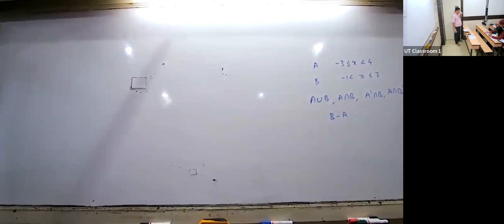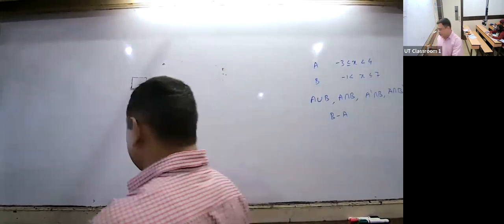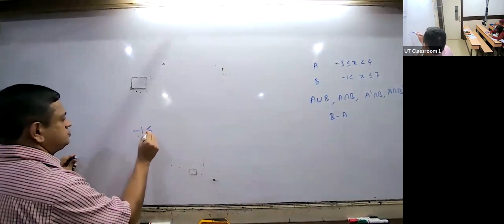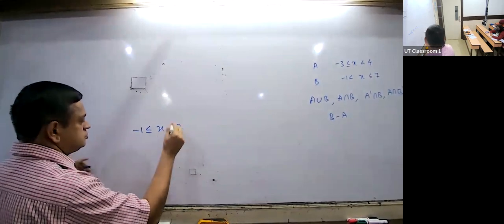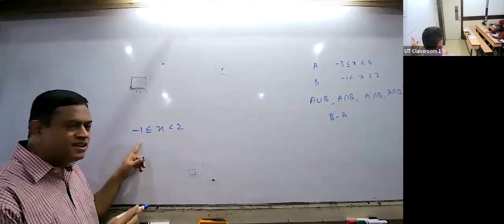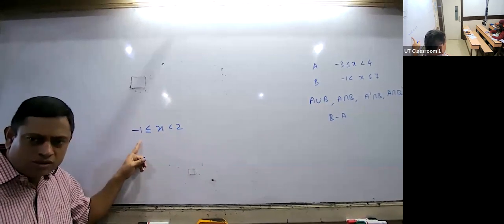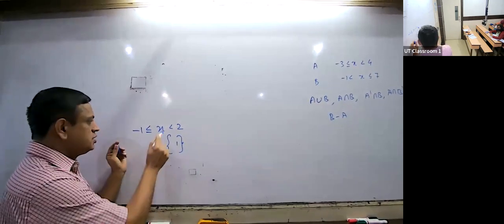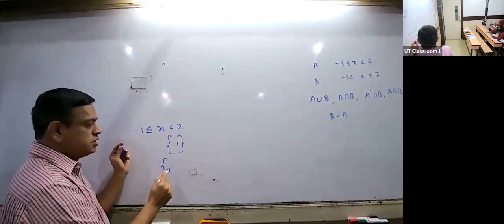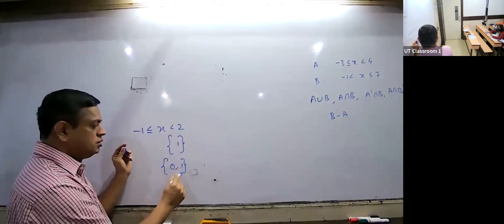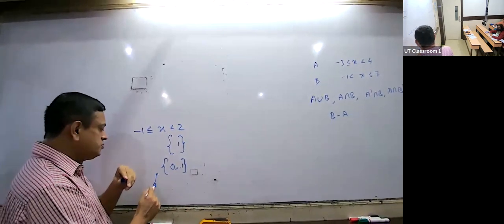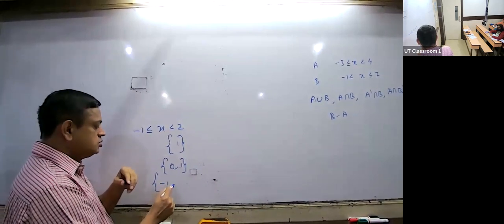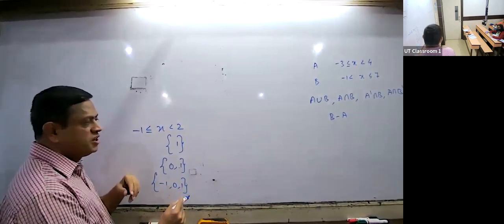Look. If the replacement set is natural numbers, your solution set is what? 1. If the replacement set is whole numbers, your solution set is what? 0, 1. If the replacement set is integers, minus 1, 0, 1. If the replacement is real numbers,